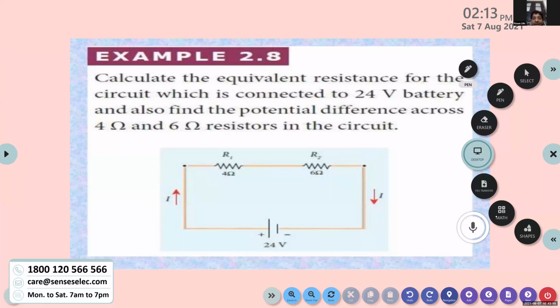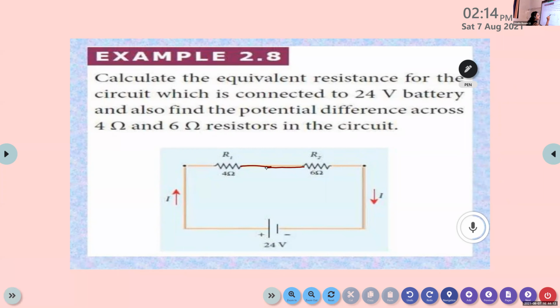Fizan: Ma'am, it is series. Yes. Why are you saying it is a series combination? It is connected, not parallel. Here the end of the resistor R1 is connected to the end of the resistor R2. So if the resistors are connected end to end, then we can call it a series combination of resistors. Here the two resistors are R1 and R2. Since they are connected in an end-to-end manner, we can call it a series combination.